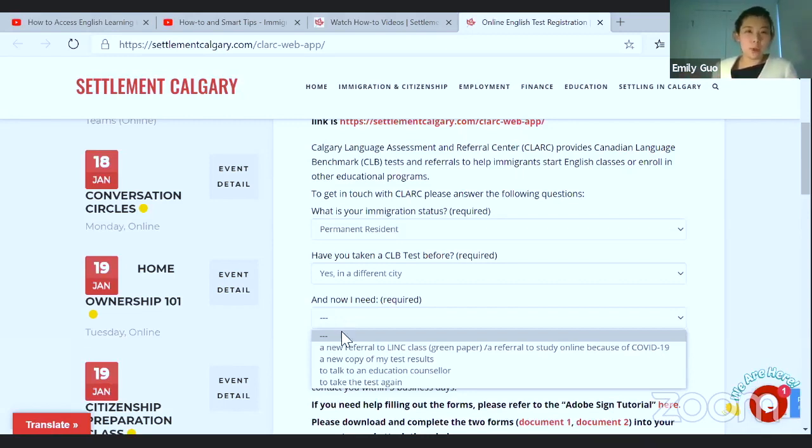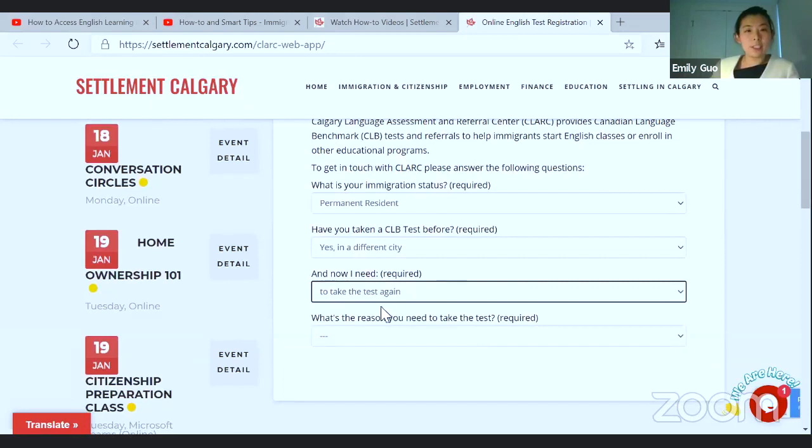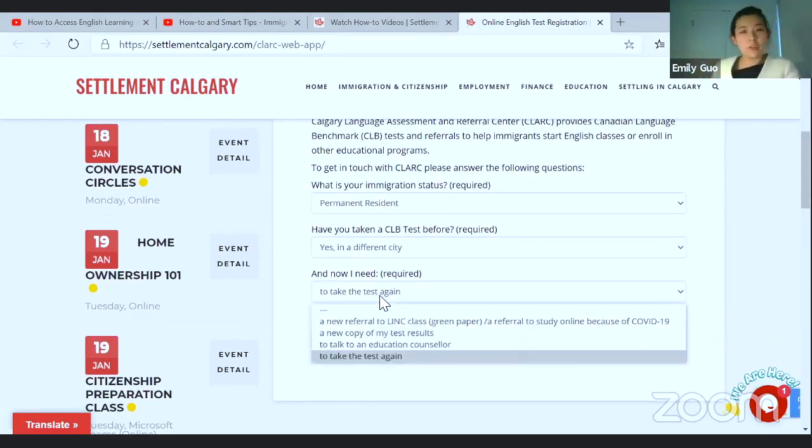We'll be able to pull through all of the latest information and we'll decide if the test you took before was 2 years ago or if you had completed any LINC classes before. If it's within 2 years, then great news, you don't have to be reassessed. But unfortunately, if it was 2 years ago or even longer, then yes, you will need to take the reassessment.